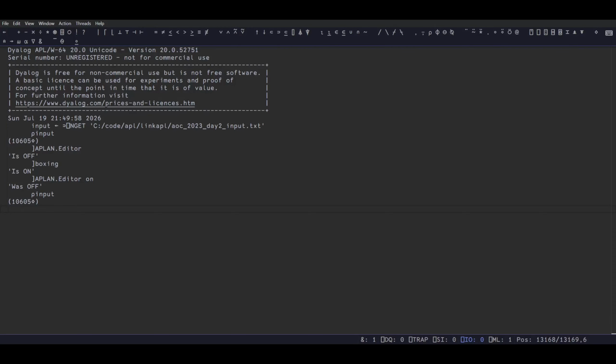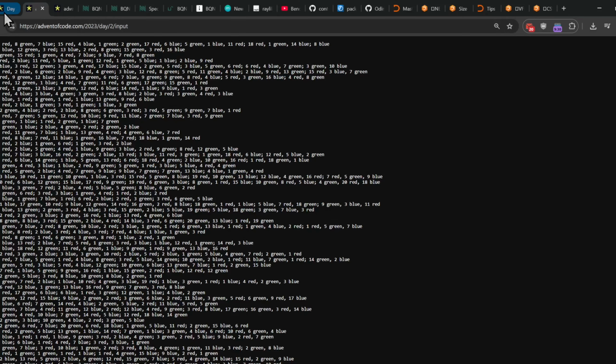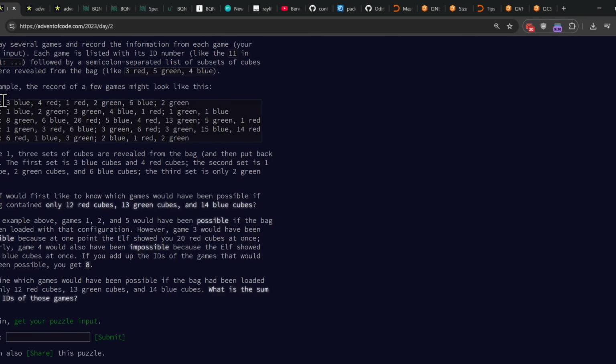Okay, I'm doing Advent of Code 2023 day 2, trying to capitalize on what I learned a month ago with Adám from Dyalog. The challenge here is to parse one row and figure out which of these games are possible if I only have 12 cubes. So per hand, break it up, count the balls, and figure out which games are possible. For example, 20 red cubes is not possible because I only have 12 here, so this game is not possible because there are not enough cubes in the bag.